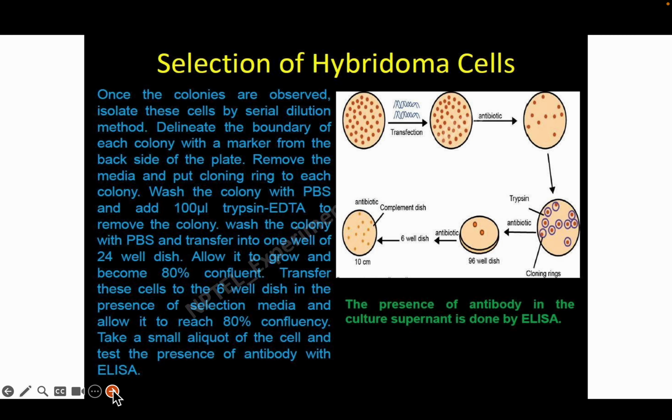Now after you get the hybridoma cells, you have to select those. Once the colonies are observed, isolate these cells by serial dilution methods. Delineate the boundary of each colony with a marker from the backside of the plate. Remove the media and put a cloning ring on each colony. Wash the colony with PBS and add 100 microliters of trypsin EDTA to remove the colony. Wash the colony with PBS and transfer into one well of a 24 well plate. So you are basically doing antibiotic selection, and then you are